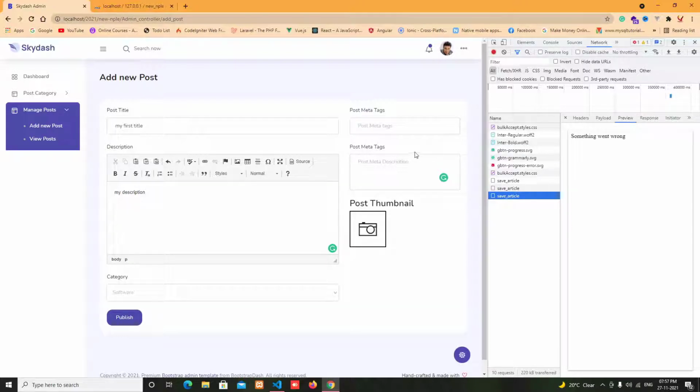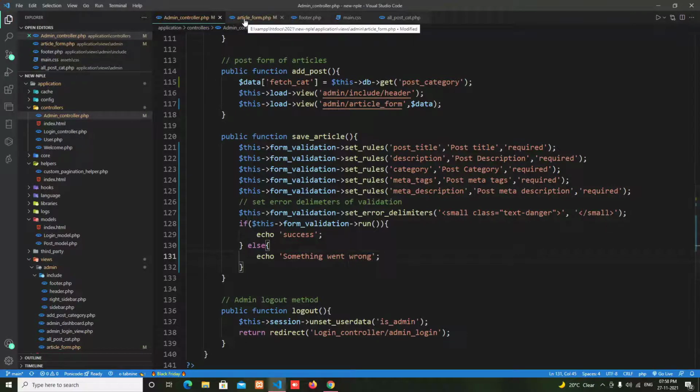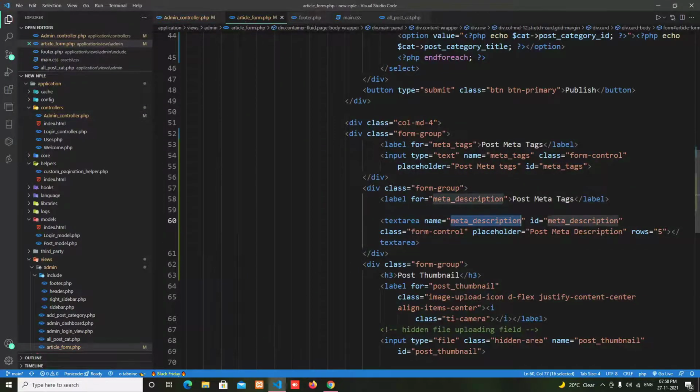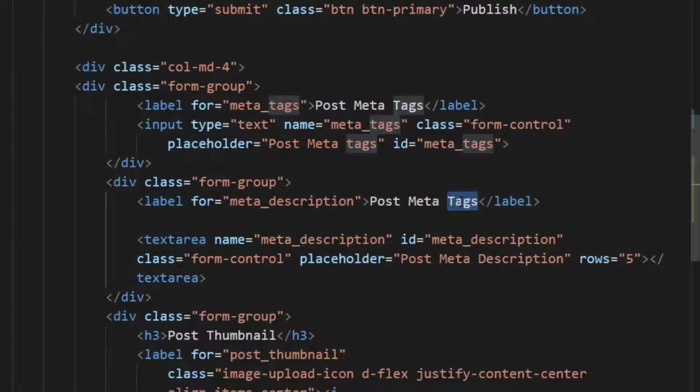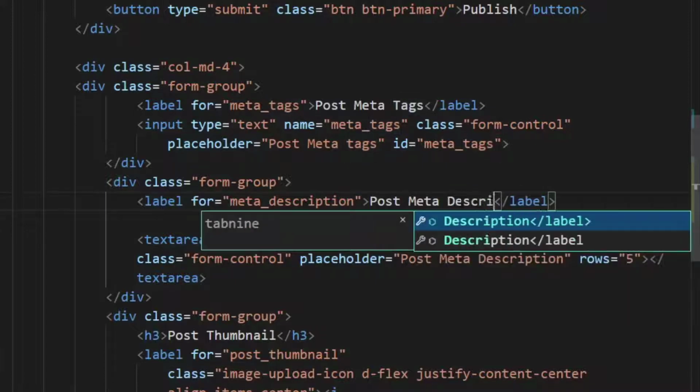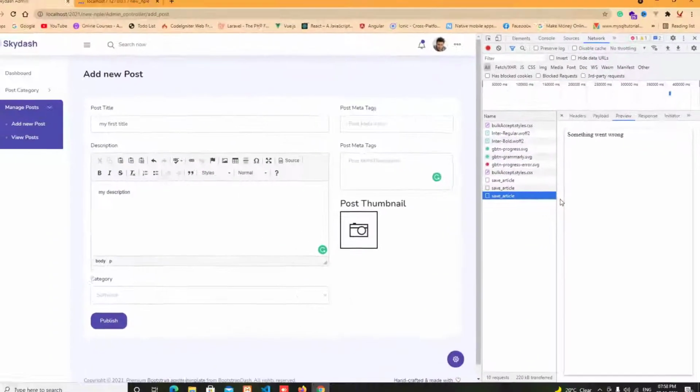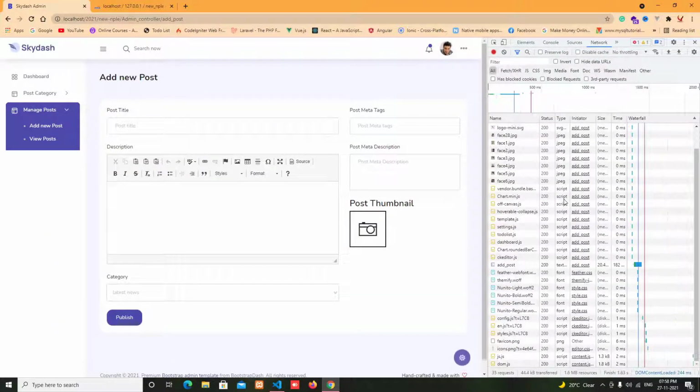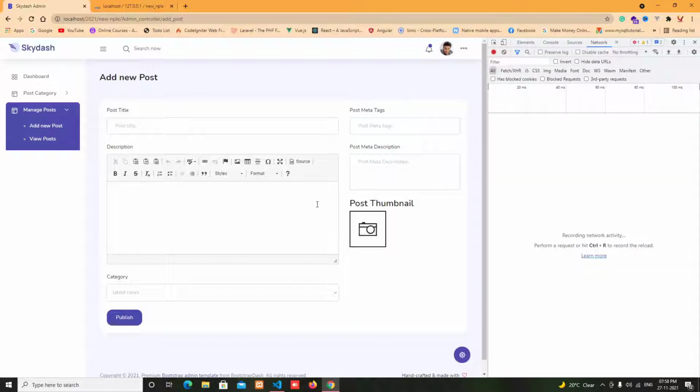Something went wrong. Okay, now it's working fine. But first of all we need to correct some things. And I'm going back to my article form, and here is my meta descriptions. Now save and refresh. Okay,